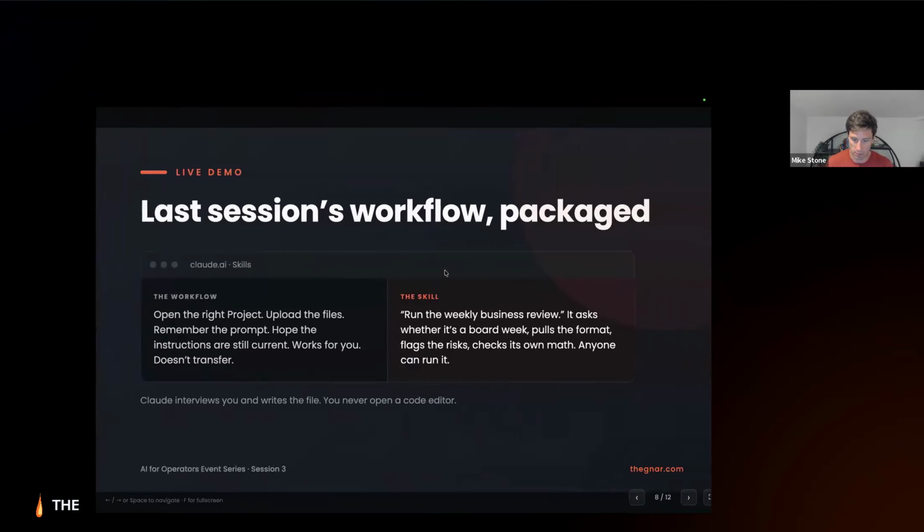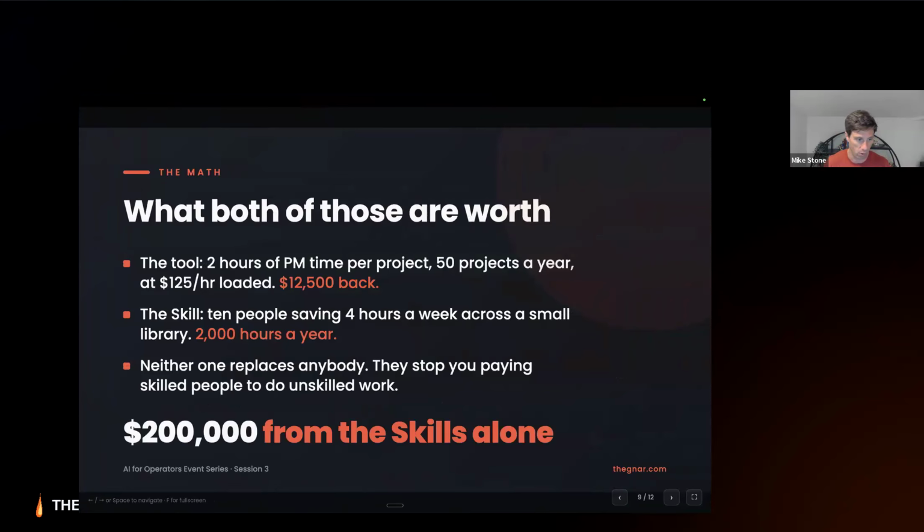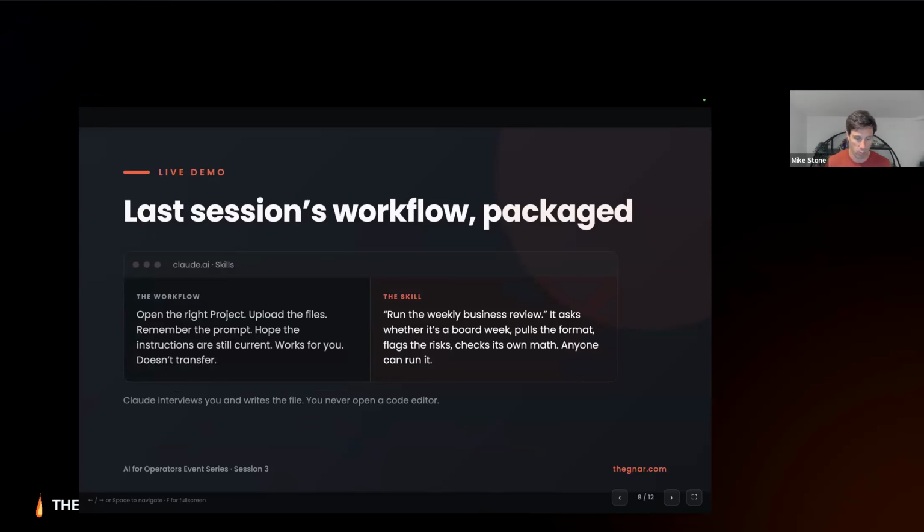All right. That is a brief overview about how skills work. But it's worth noting here that this process is now documented in this skill. So I can share this skill around to other people on the team who might also need to generate similar reports from maybe different data sets.